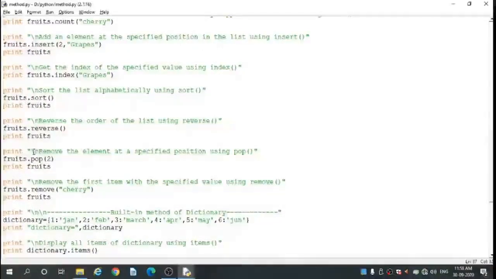Next, print double quote slash n, remove the element at a specified position using pop method. So here the item is removed, means it is deleted by using pop method. So here fruit dot pop, position is second. So here print fruit.